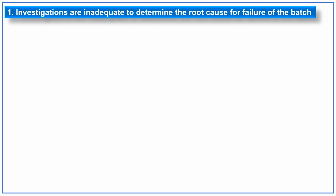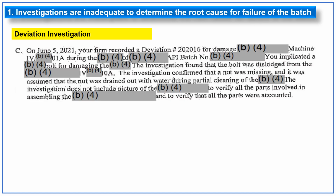Under the first 483, moving to the two observations related to the deviation investigation. The first one: the firm recorded a deviation for damage of a machine during manufacturing of the API batch, which was implicated to a bolt damaging some part. The investigation found that the bolt was dislodged from its position. The investigation confirmed that a nut was missing, and it was assumed that the nut was drained out with water